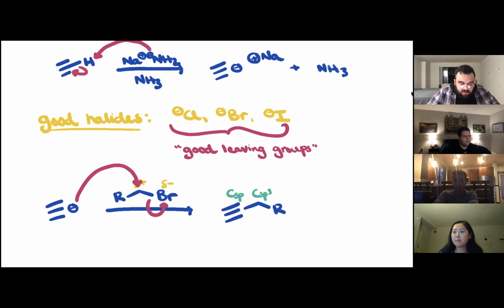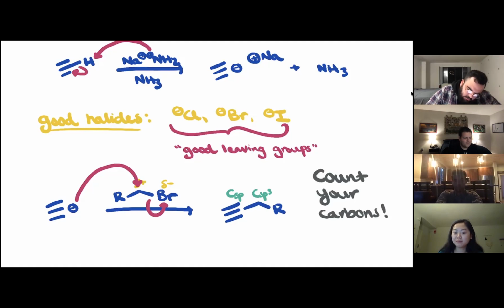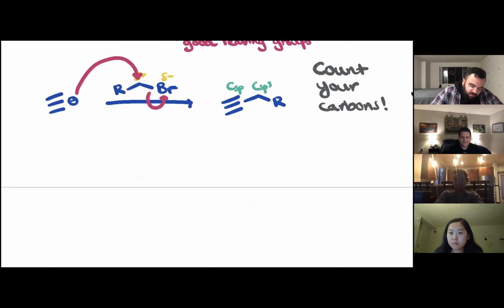Very, very important side note. It's a note that we all have to make to ourselves all the time. It happens to the best of us, but please count your carbons. It is very, very, very easy in these problems to lose your carbons. So make sure that if you start off with 5 carbons and you're adding in 3, that you have a total of 8 carbons between the steps, okay? If this is a little hard for you to understand, think back to our acid-base reactions from earlier in the semester,